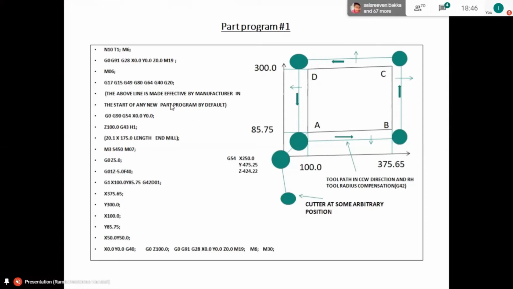If the spindle is running at some RPM and all of a sudden you give M5, that means a spindle stop command, it will just stop at some angle.